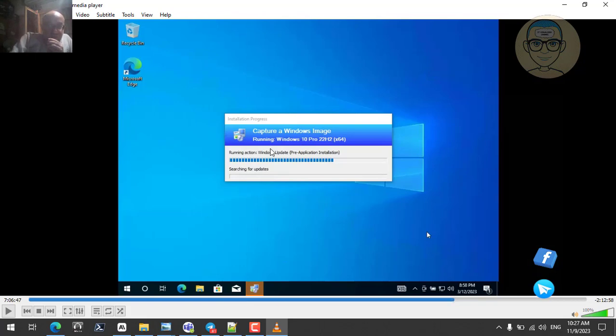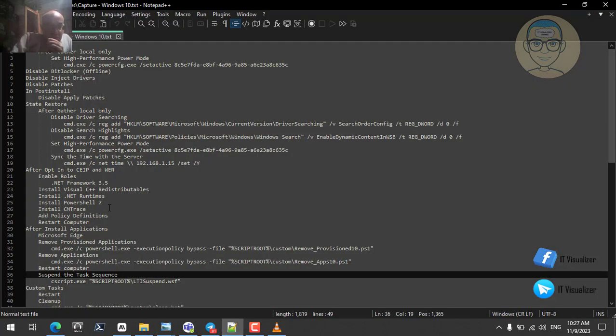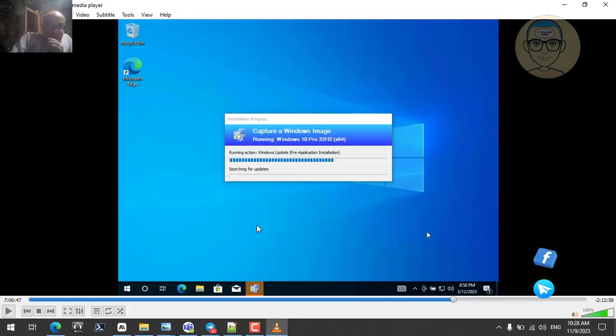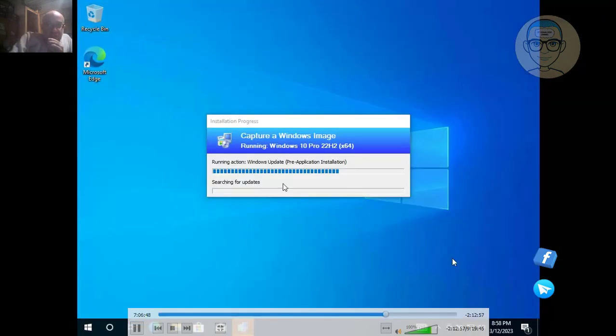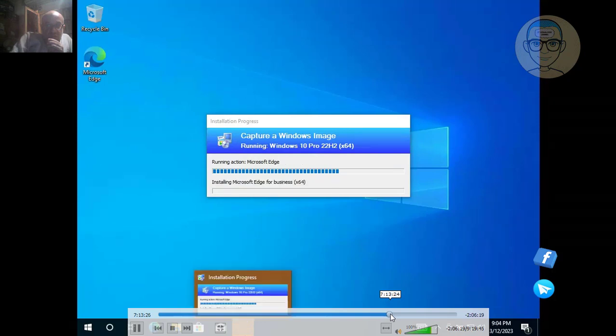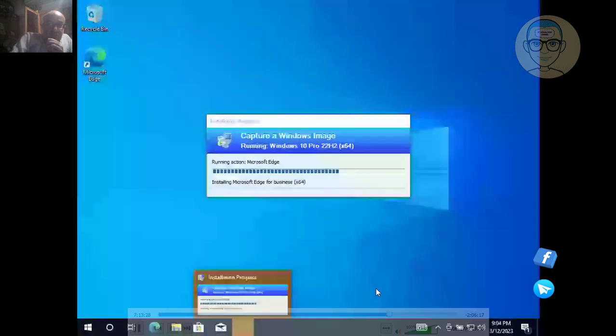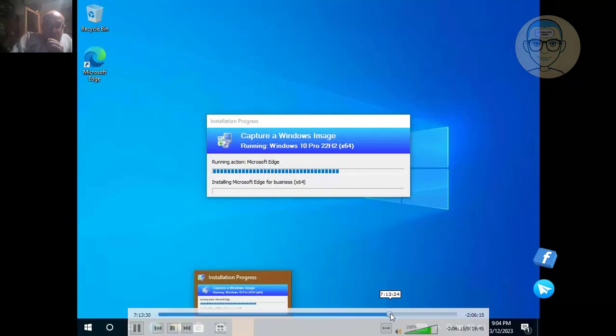And before all of these, if you can see here in this task sequence, there is some WSUS updates. It will communicate with the WSUS and get some updates. So here we see searching for updates. After finishing that, it will begin. If you can go further, okay, now it will begin installing the Edge. And then if we go a little bit further, okay,